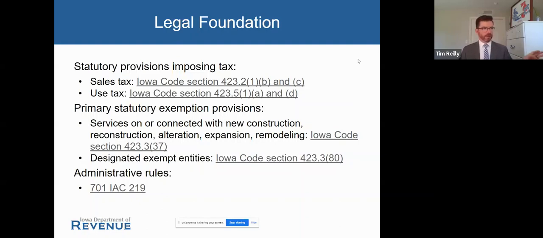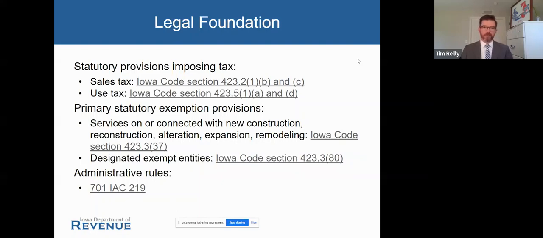As we go through the slides, you'll see little footnotes at the bottom referencing mostly administrative rules, a couple of code provisions as well. The main statutory provisions that impose tax, sales and use tax on the items that we'll be talking about: building materials, supplies, equipment, found in Code Section 423.2(1), paragraphs B and C, that deal with tangible personal property and use tax as well in another code section.